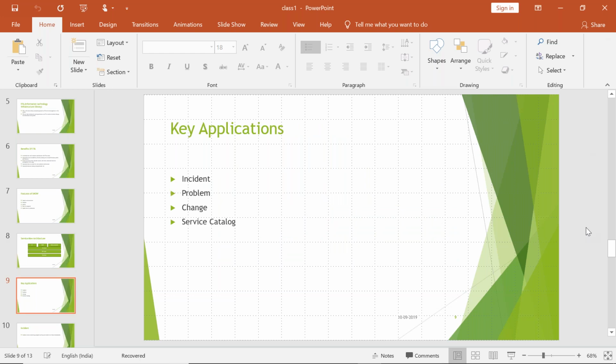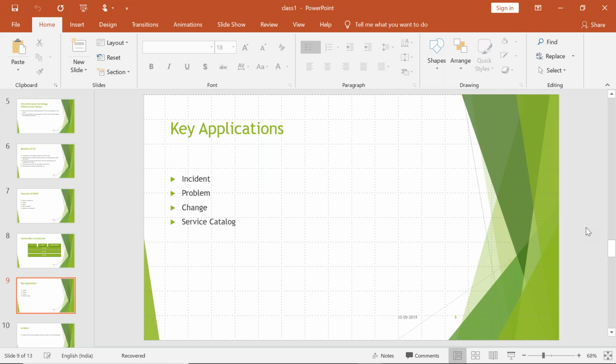Next thing is, what are the key applications of the tool? I'm covering these applications so I can show you the life cycle of each of them, just for you to get used to the tool and understand what the key applications are used for. These are not the only applications ServiceNow delivers to customers; there are plenty of others, but these are some of the major ones you as an end user will be using. So let's see the configuration and how the designing works.